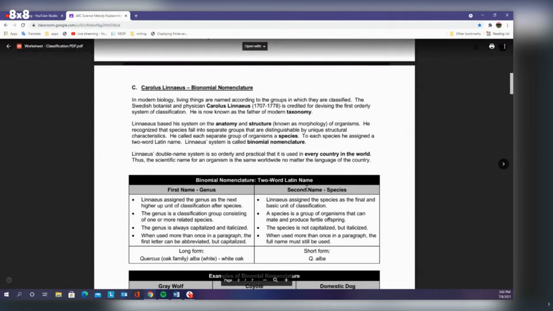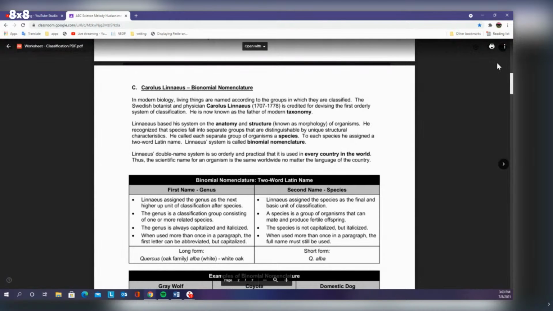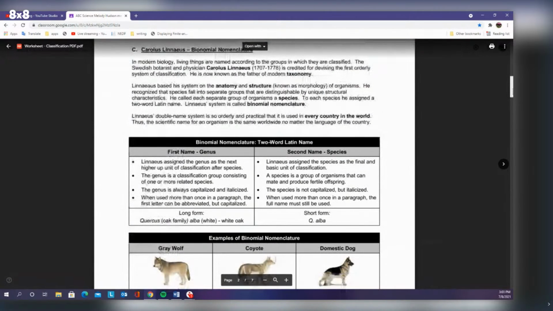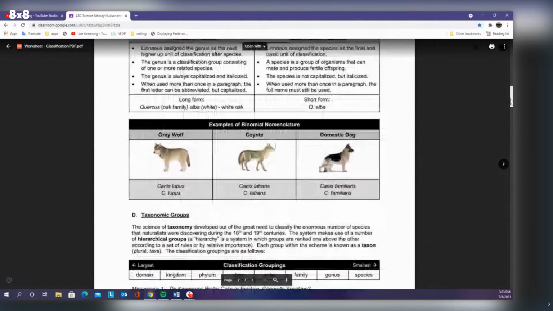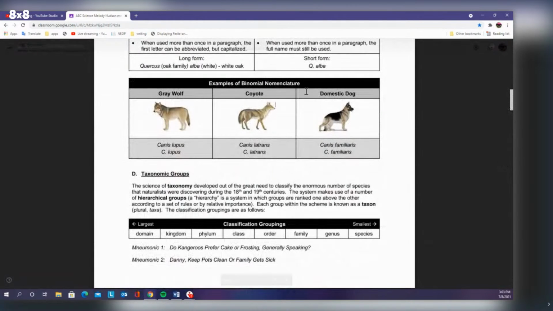So when you're talking about a species, you're talking about one particular type. And when you're talking about a genus, you're talking about more related species. So, like in the genus of Equus, we have a horse, we have a donkey, and we have a mule, right? But when we talk about species, the mule is not within the same species as a horse or a donkey. So here's an example looking at wolves, coyotes, and the domestic dog,